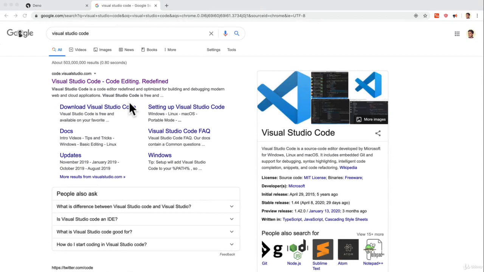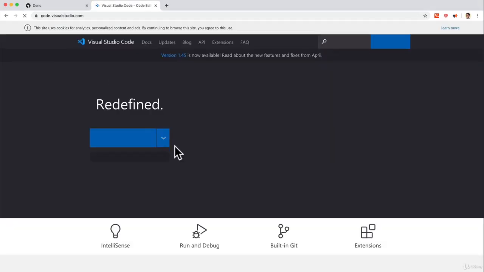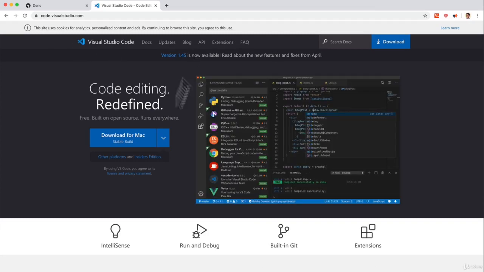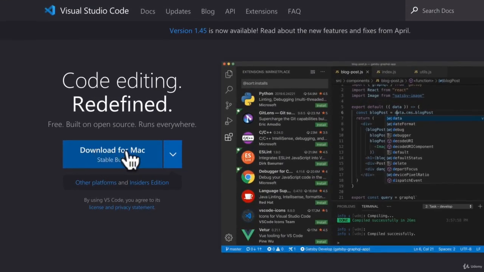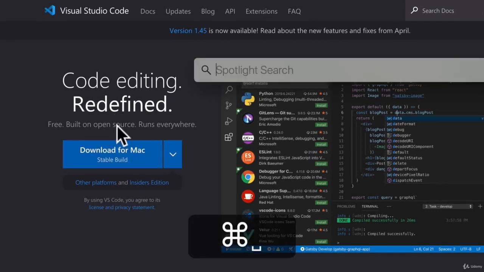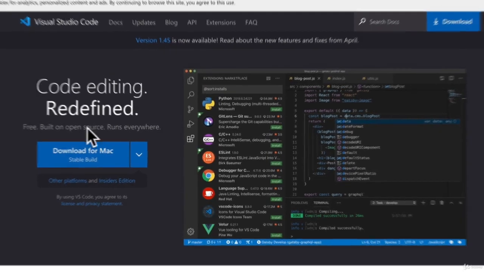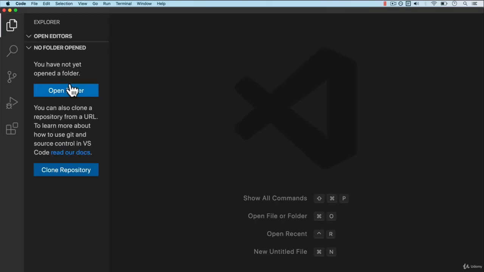Once we have Deno installed, you might want to open up your favorite text editor. You can use whatever you want to write your code. The most popular one right now probably is Visual Studio Code. So you can use, again, whatever you want, but if you don't have Visual Studio Code, make sure you download it. Download it for your system, for Mac, for Windows, for Linux, whatever it is. And once you download, you open it up, and we can start writing